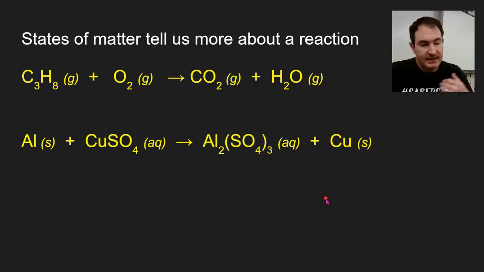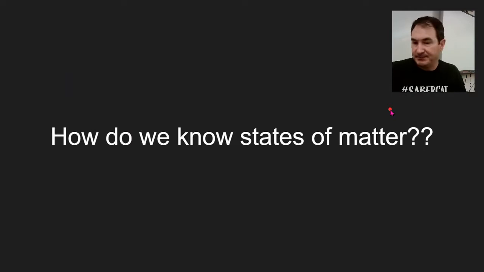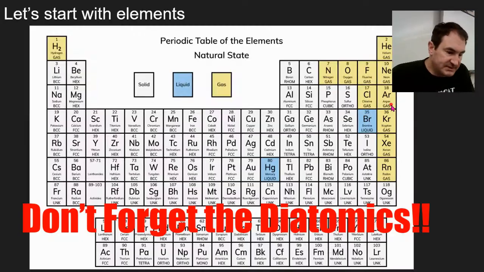Okay, so just give us a little bit more information about what's going on. So how do we know what state of matter things are in? We'll start simple. Let's go ahead and start with the elements. You can see on this periodic table,